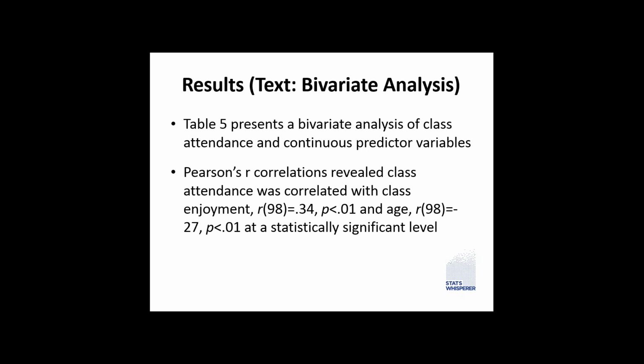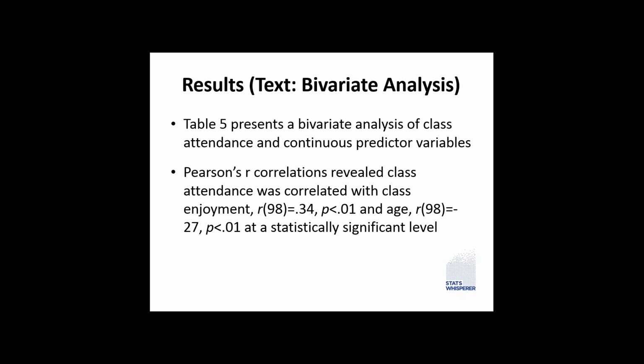And then we just present Table 5 as Table 5 presents the analysis of class attendance and the continuous predictor variables. Then we say one sentence, Pearson correlation revealed class attendance was correlated with class enjoyment and age, right? So very succinct. And we might put another sentence in describing the nature of the relationship, as we said, as one goes up, the other goes down, as one goes up, the other goes up. But again, very terse, because people generally can read the statistics so they can look at it and know